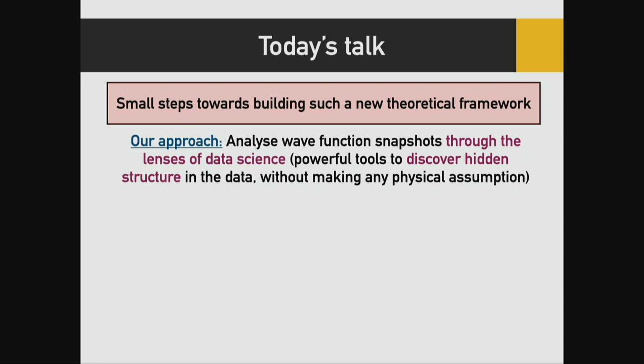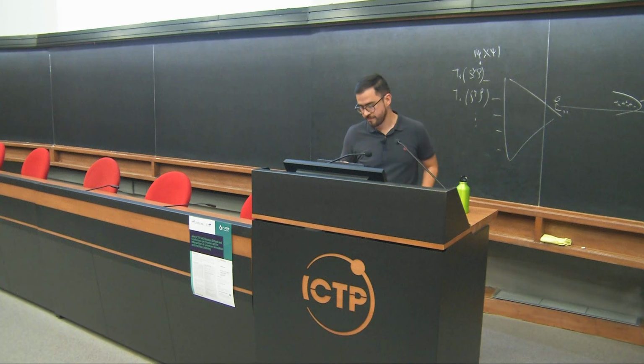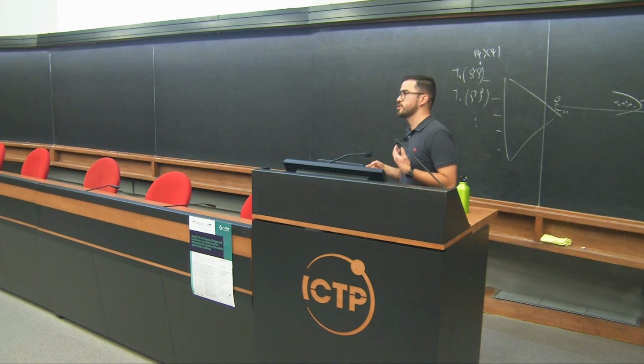And the approach that we are putting forward here relies on the following realization: if you think about these wave function snapshots, they are simply data objects. In fact, they are classical data objects. And therefore, it's kind of natural to think of using data science tools to analyze the full information content of such objects. And importantly, these tools from the field of data science are designed such that you don't need to make any physical assumption